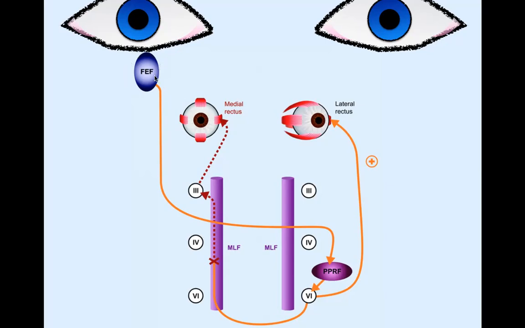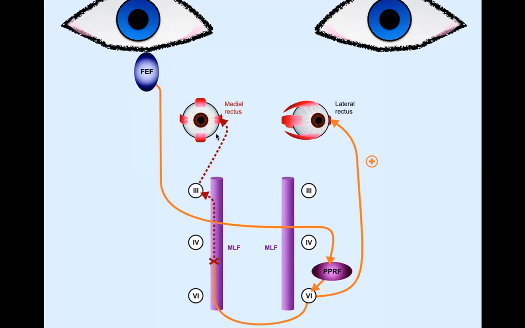Your higher center sends out fibers that would cross over to the contralateral side. That will eventually innervate the nucleus of cranial nerve number 6. This sends out fibers that eventually command the lateral rectus, allowing the eyeball to gaze towards the left